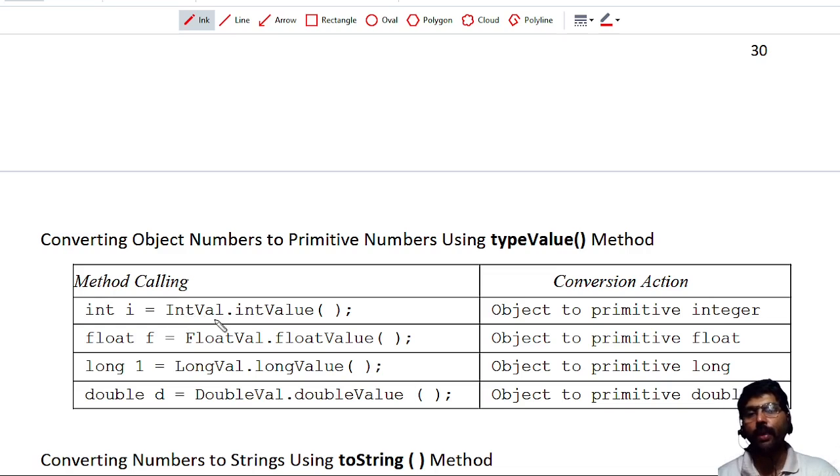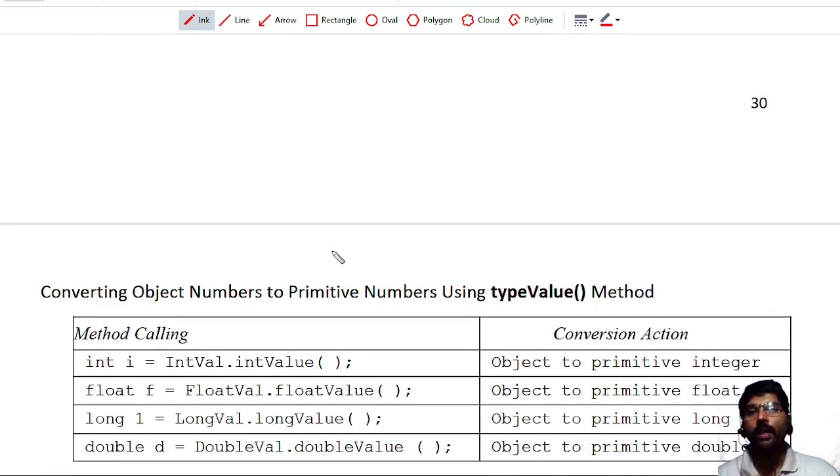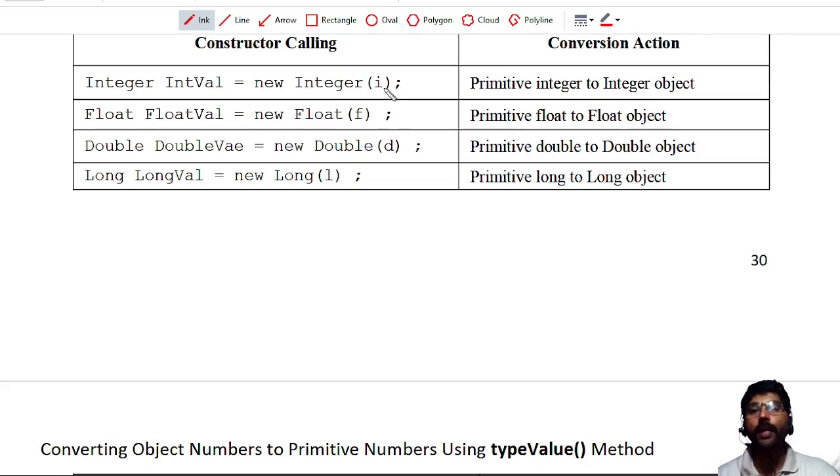The Integer value is a wrapper class object, and on that I call dot intValue. Now what will it do? It will convert that Integer value to int type, the primitive data type. Remember, if you want to convert a primitive data type to Integer type, I have to use the Integer constructor here.